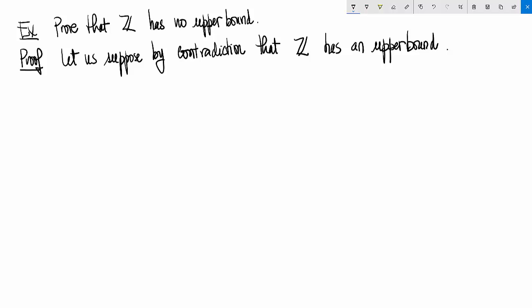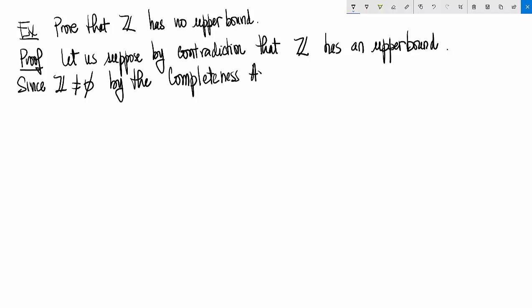Well, then since Z is non-empty, by the completeness axiom, it has a least upper bound